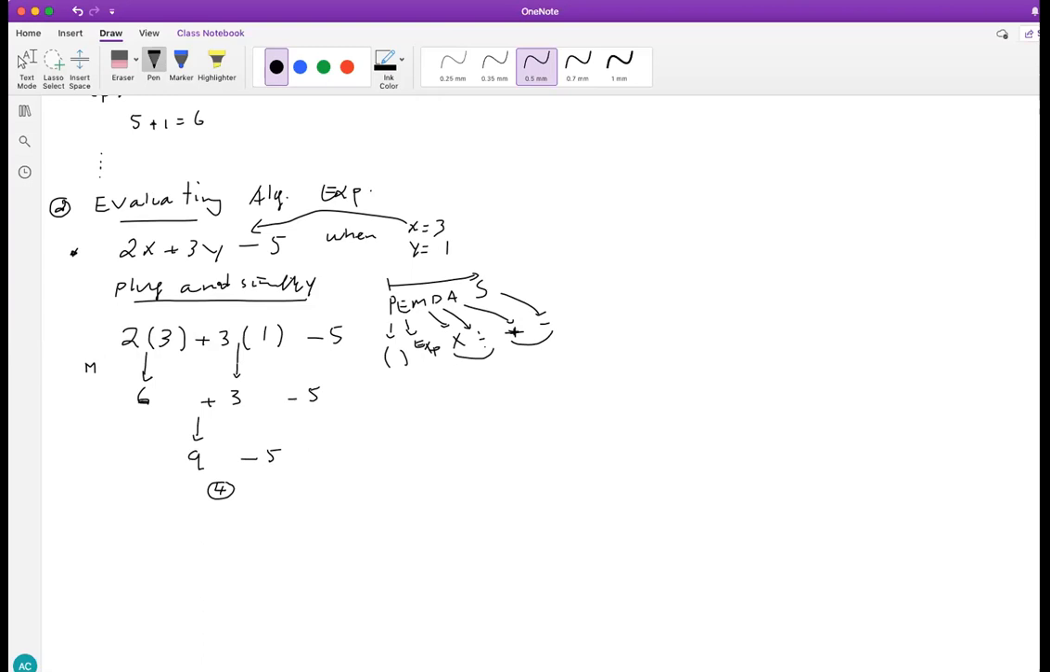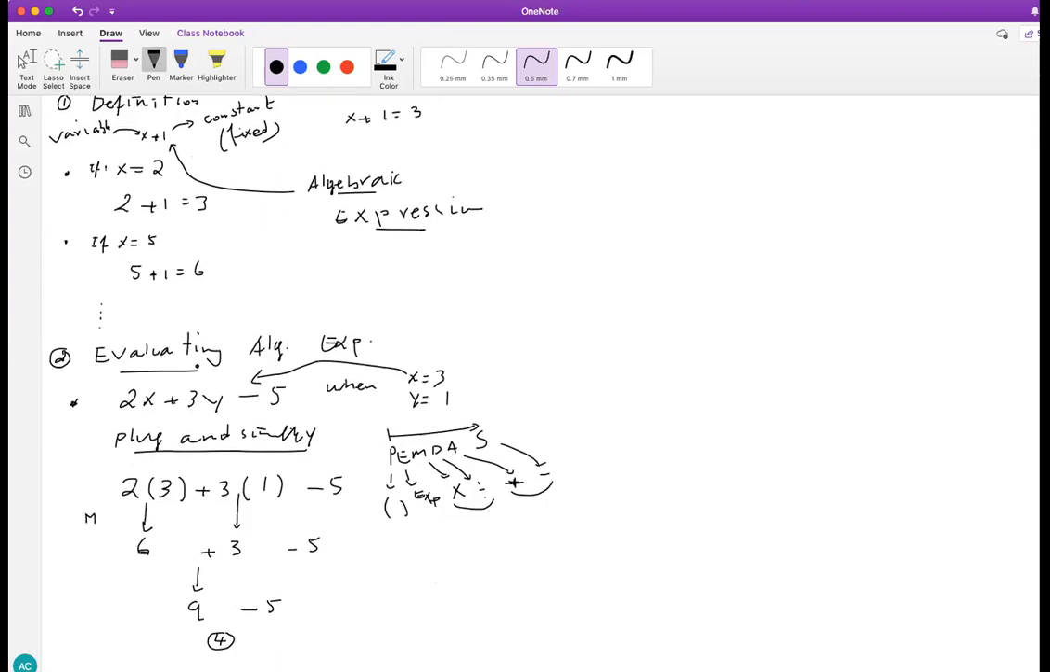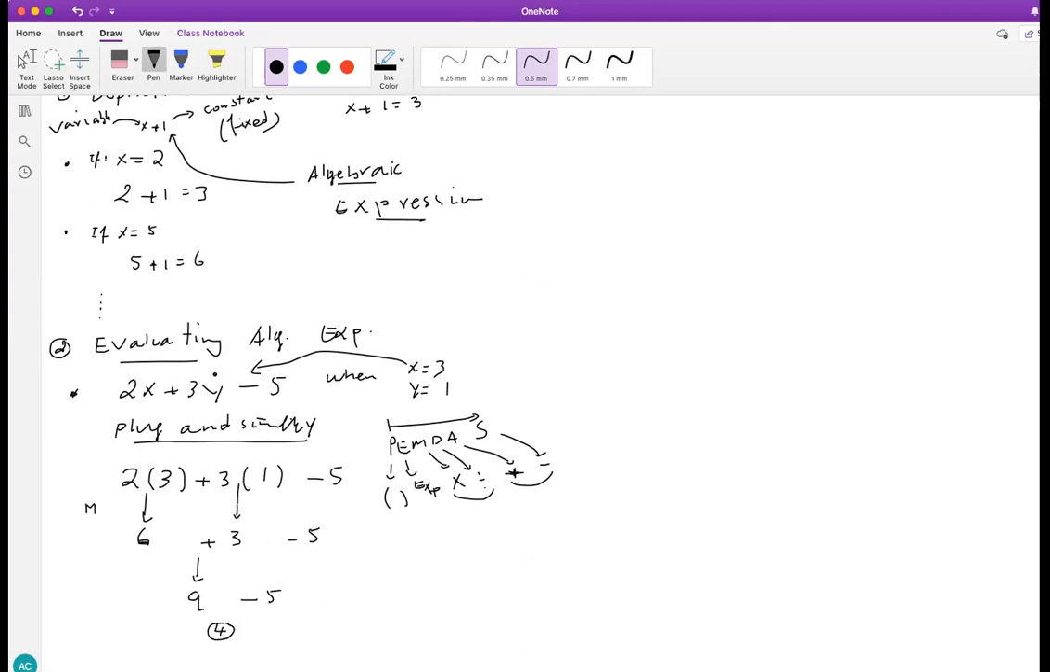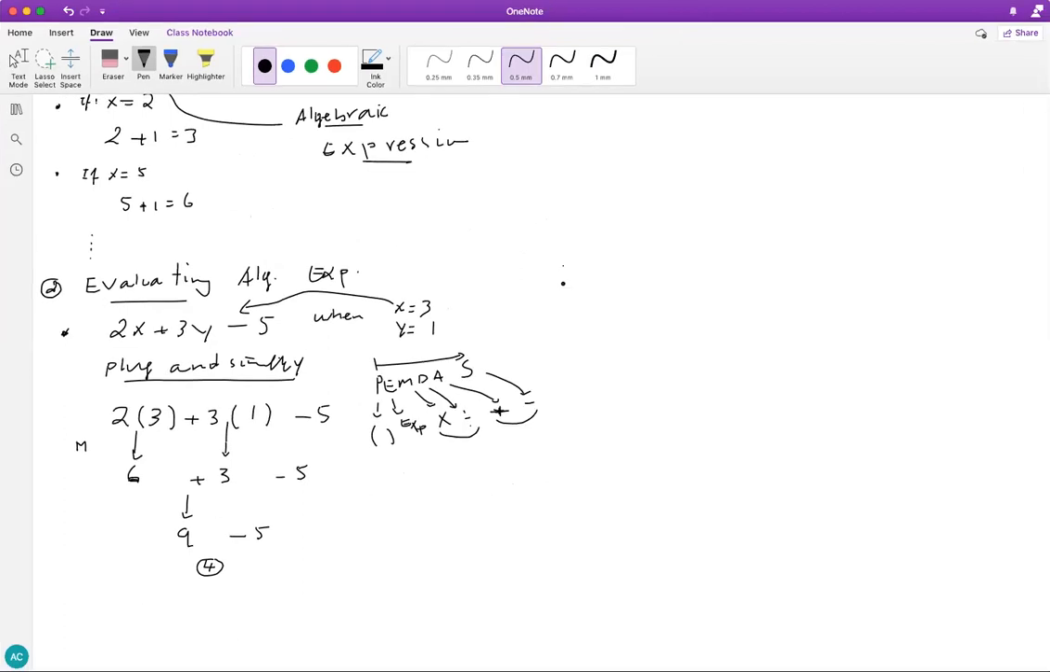plug and simplify. Plug and simplify. So an expression could be as simple as this, could be like this, or maybe even something more complex than that. If you take a look at this example,